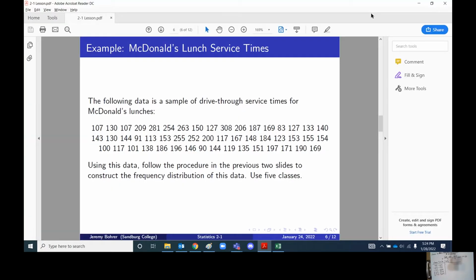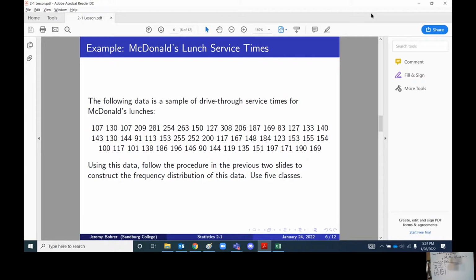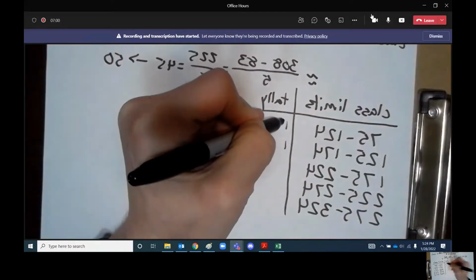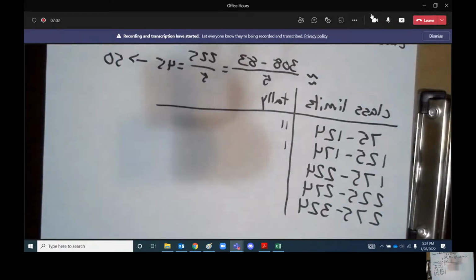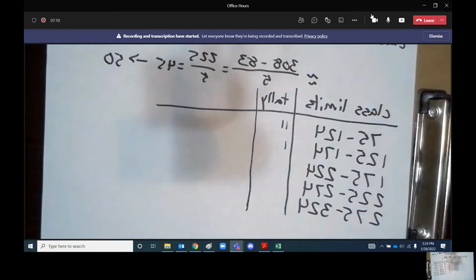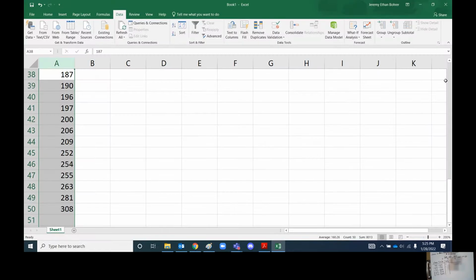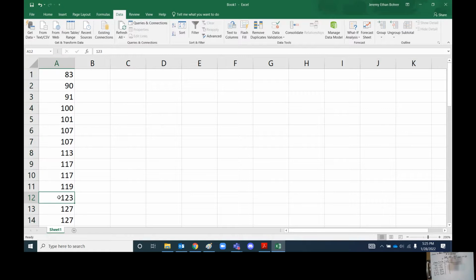And then we come back here and we've got a 130. Well, that's between 125 and 174. And then I've got 107 again. That goes in here, and so on and so forth. And it takes forever. I'm going to do this the easy way because I figure you can tally by hand if you need to. But by sorting out all of this data in Excel, I've got all the values I need,